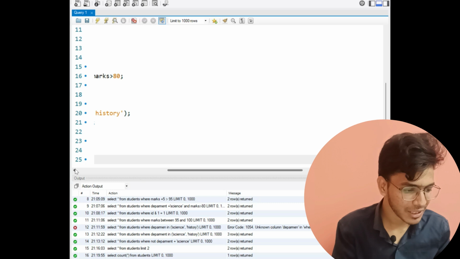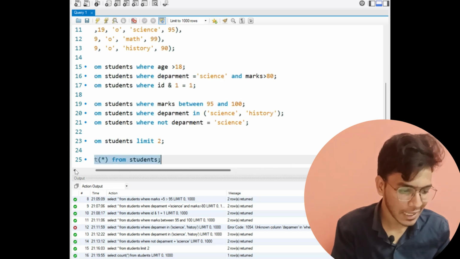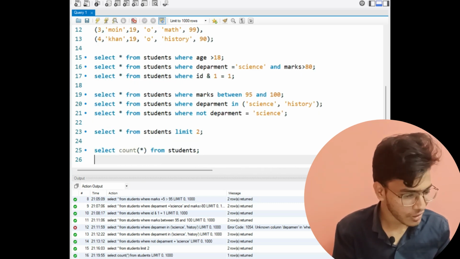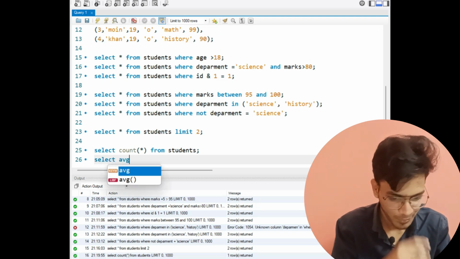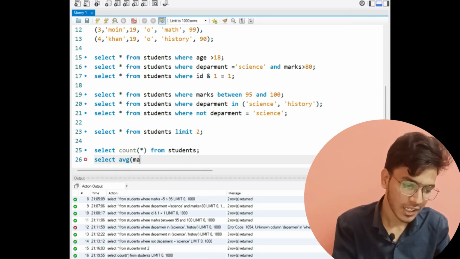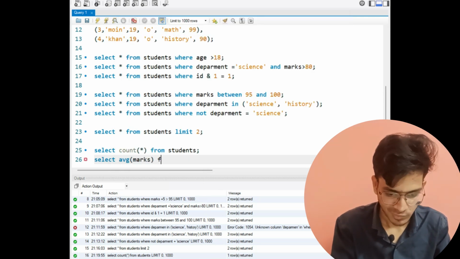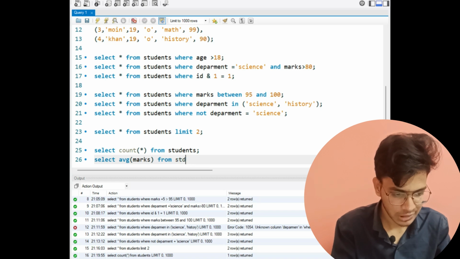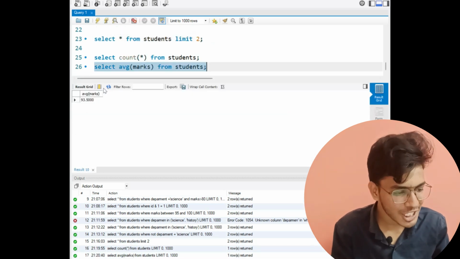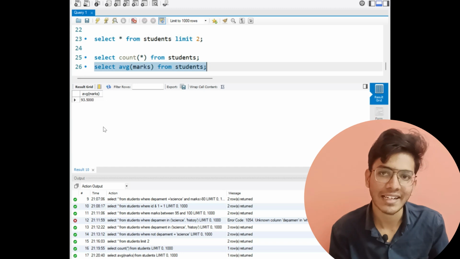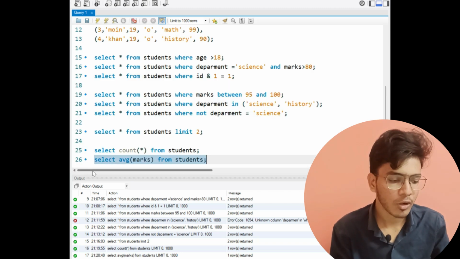Really, this SQL interface is very bad. I don't know, very old school thing. Let's say select average from my marks. I want to calculate the average from my marks, now from students. Okay, now let me run this and we will see what the average is. The average is 93.5. Okay, like this we will calculate average,